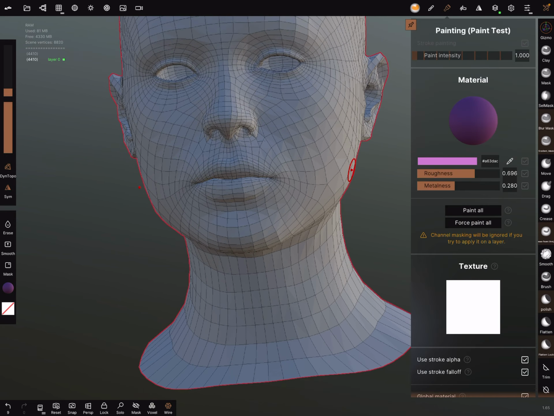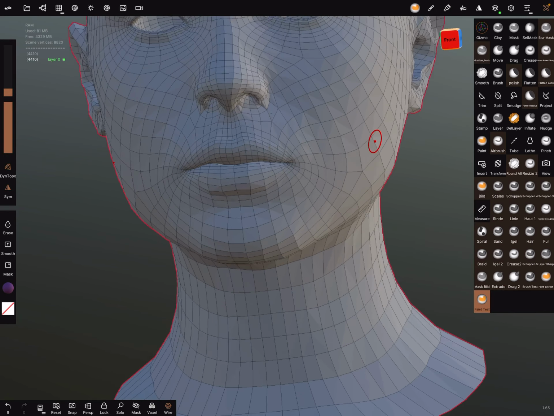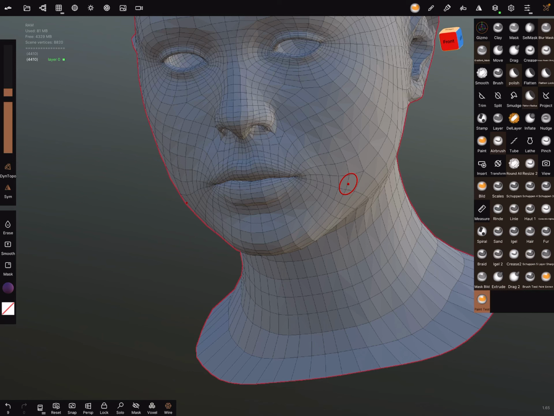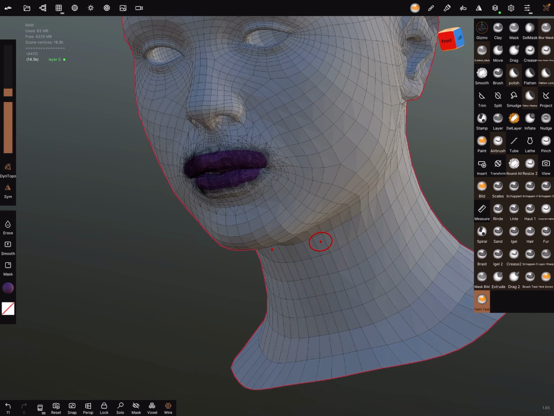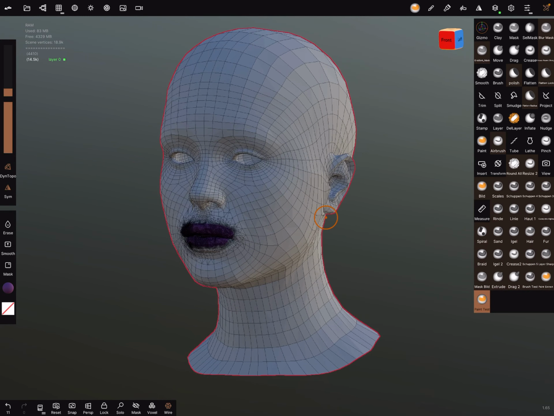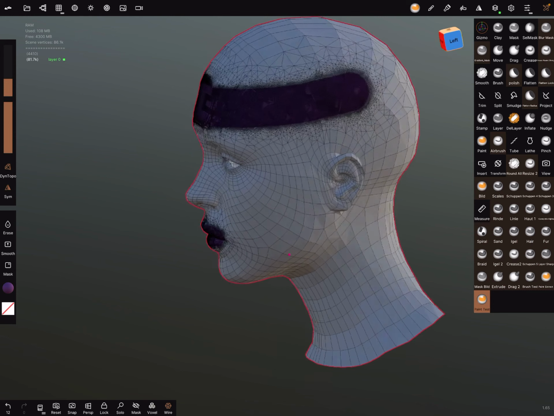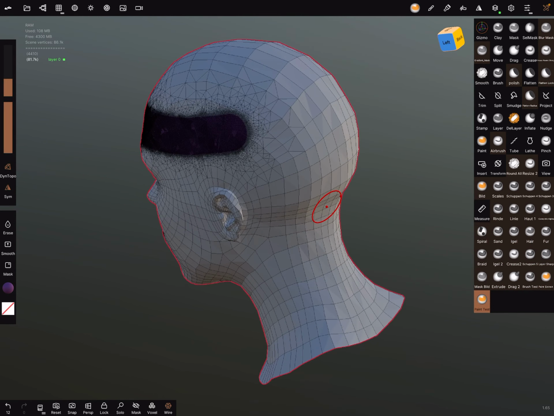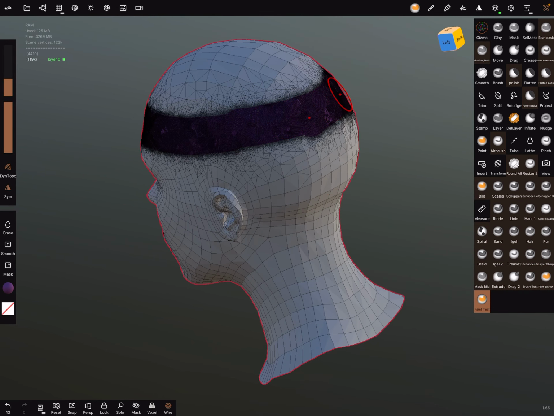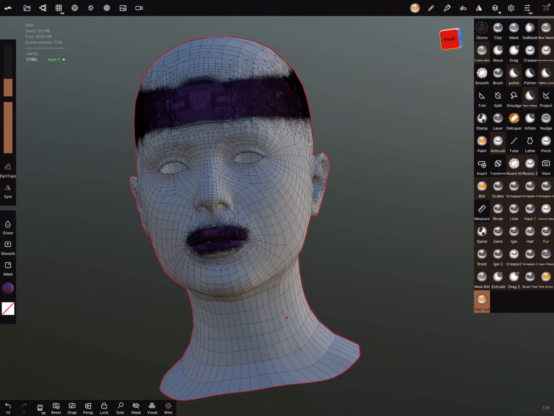And you can choose, the color is not necessary. Okay. And now you can paint here the parts you want to paint. You can also paint such things.